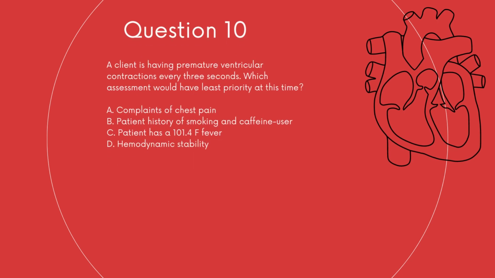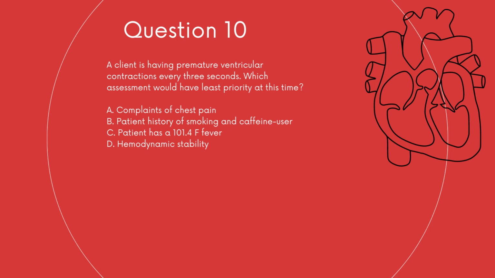Question 10. A client is having premature ventricular contractions every 3 seconds. Which assessment would have least priority at this time? So we have four options here. This patient's having a lot of activity, they're having PVCs, and the question's asking what is least priority. So we want to think about someone who's having activity, what's most important, and then answer which is least important here. So A, complaints of chest pain, B, history of smoking and caffeine user, C, has a fever, and D,